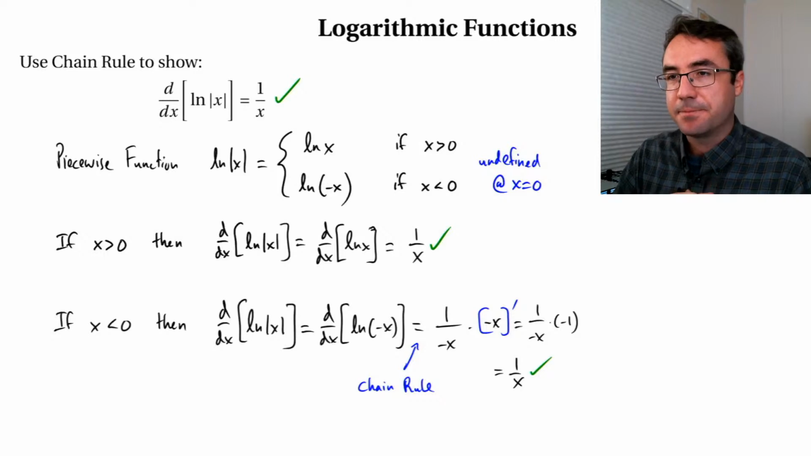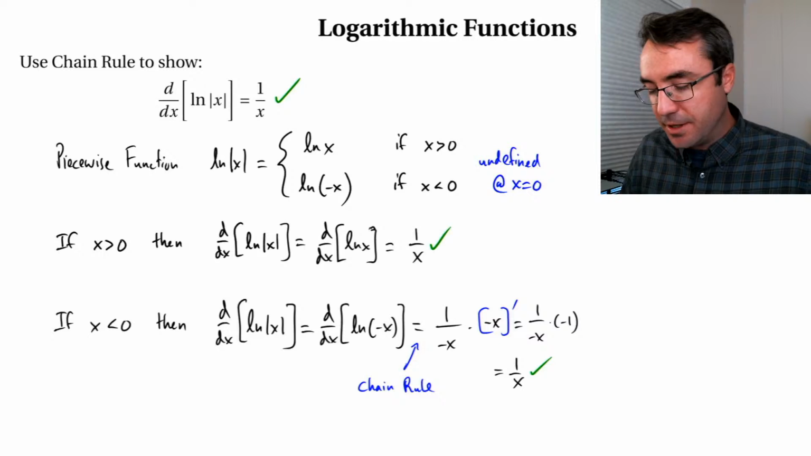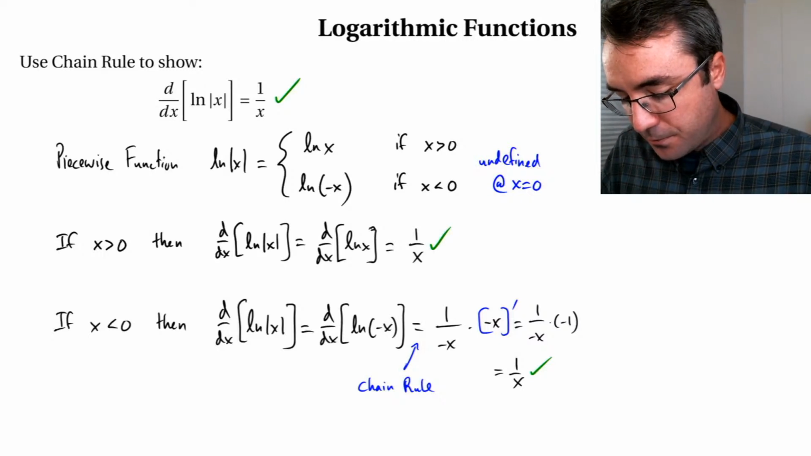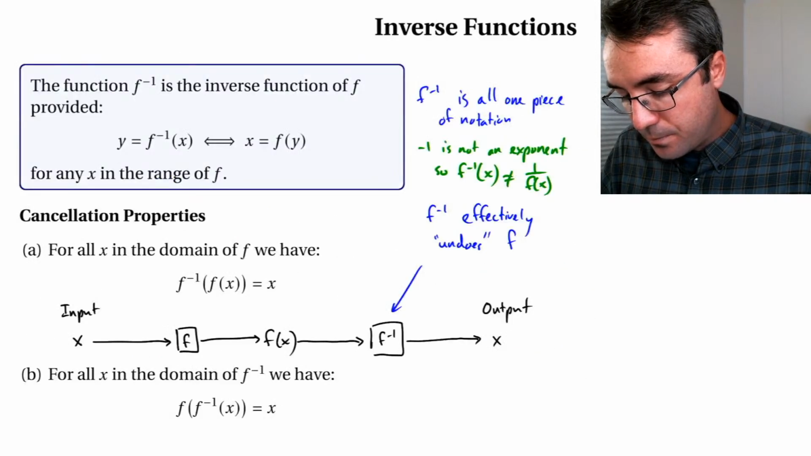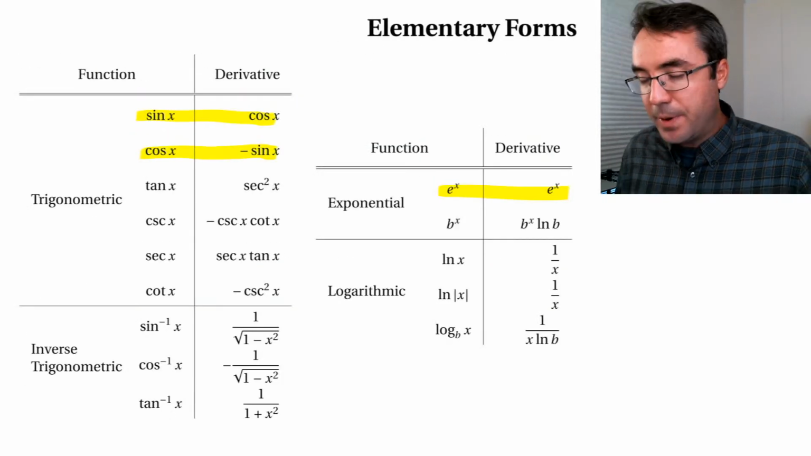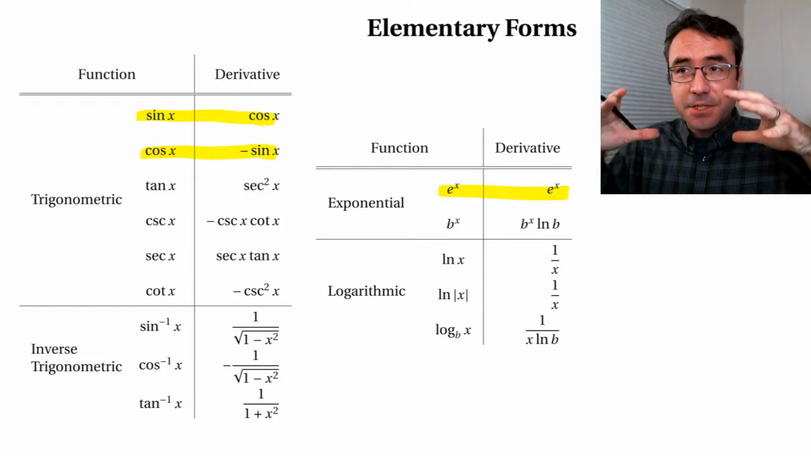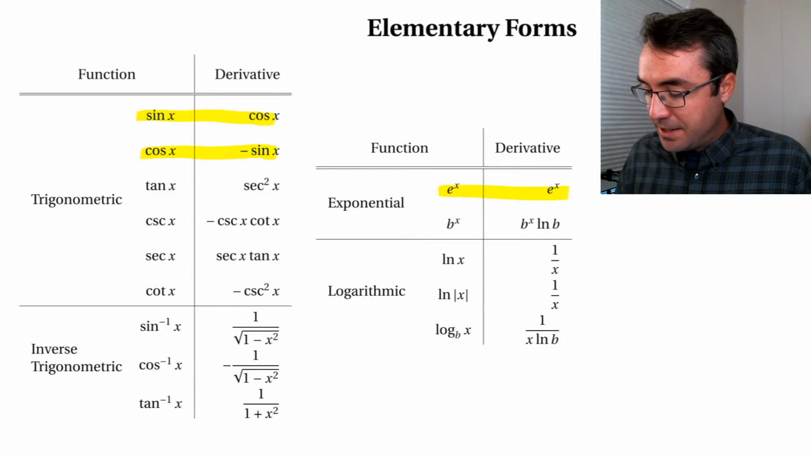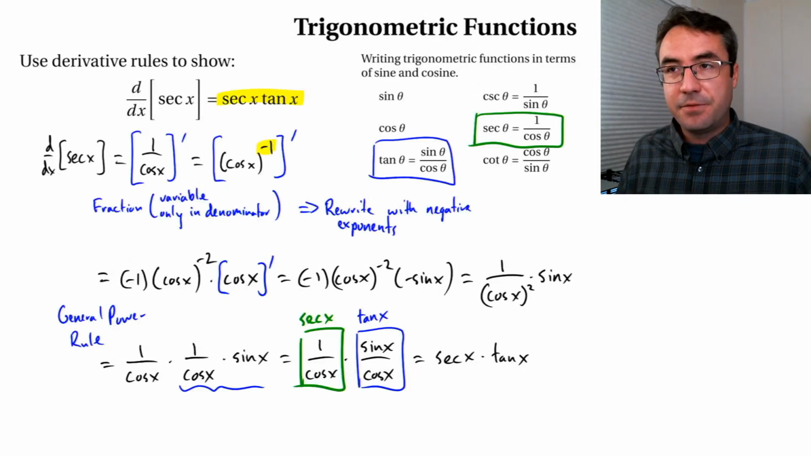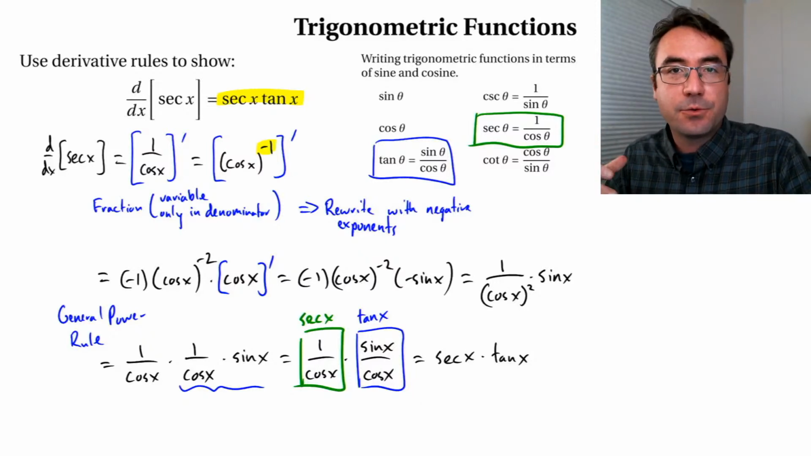learning outcome D5 here. And I'm seeing a question in the chat. So for this learning outcome, when we go back to our elementary forms here, most likely you just want to have these memorized. But for this specific learning outcome, I do want to see that you can actually go through the steps here for proving